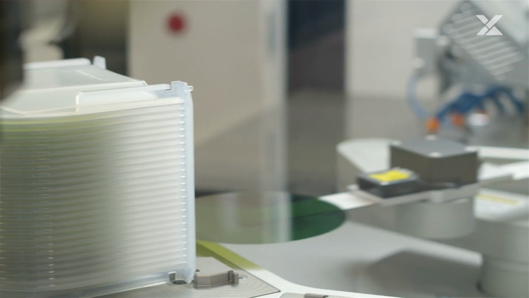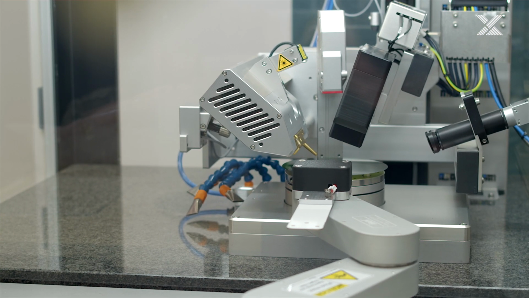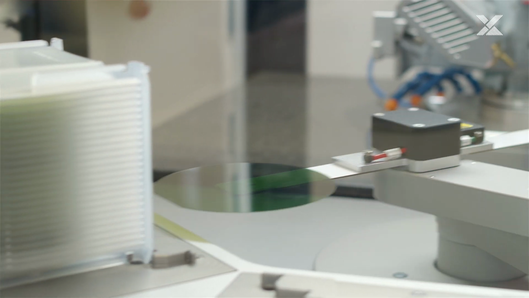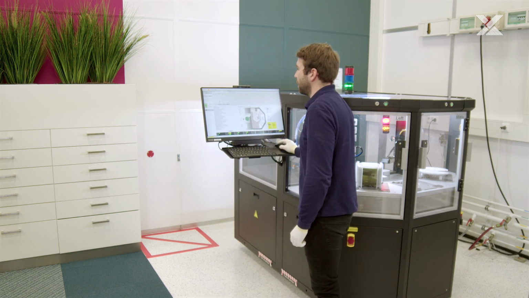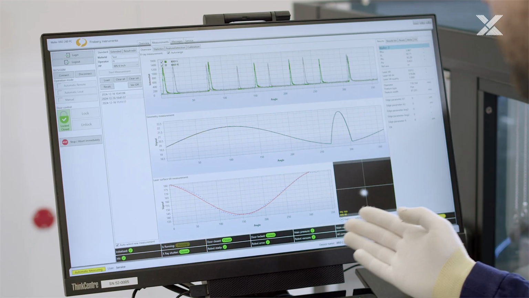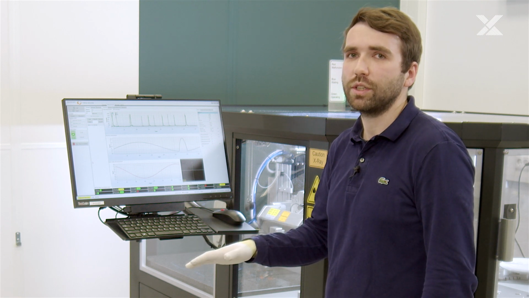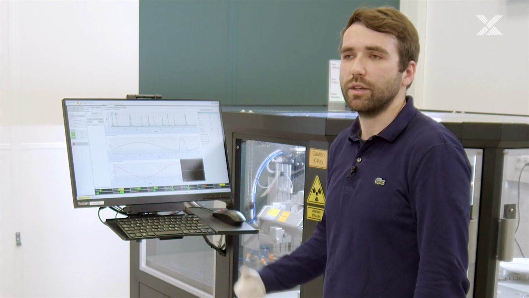As we can see now, the robot is picking up the wafers one by one and moving them to the measurement table. The end effectors of the robot contain vacuum chucks, so wafers are nicely secured during the handling. As we started the measurement, we can go to the measurement tab to see the results of the measurement. In the bottom right corner, we can see the signal from the laser sensor correcting for the wafer surface orientation. In such a way, we can deconstruct the wafer orientation as a physical object from the crystallographic orientation identified using